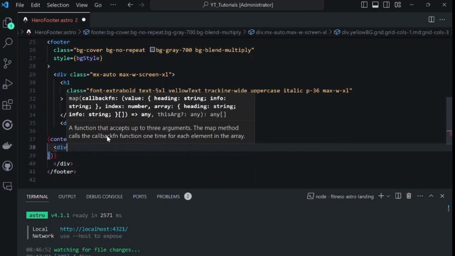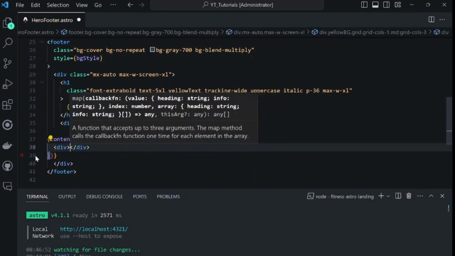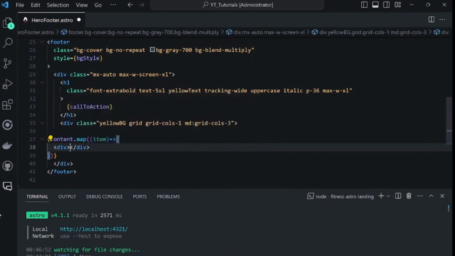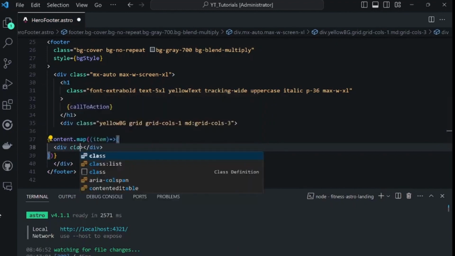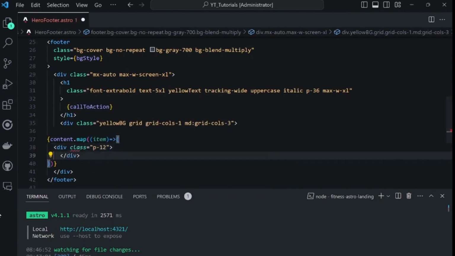So we've got a div slash div, okay, with a class of padding 12 all around, and